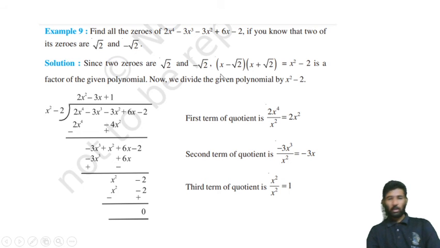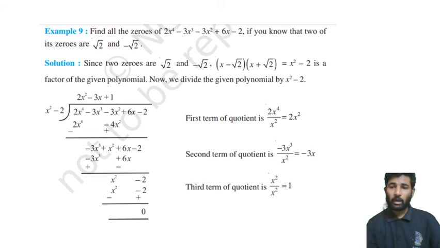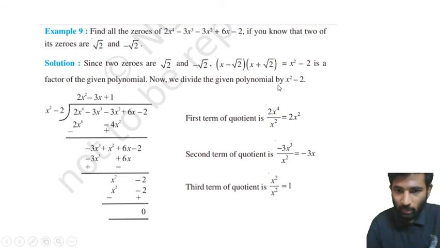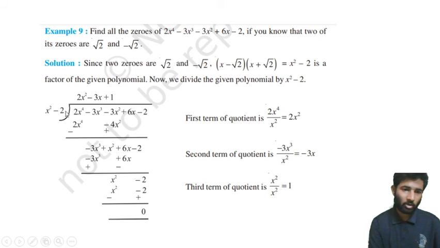Now you can multiply these two factors, you will get another quadratic polynomial. Now this x square minus 2 which is obtained by the roots of this given polynomial is also a factor of the given polynomial. So if it is a factor of the given polynomial, we can exactly divide this polynomial with the obtained polynomial. So here the given polynomial is the dividend, and the divisor is the obtained polynomial. Now when we start dividing,